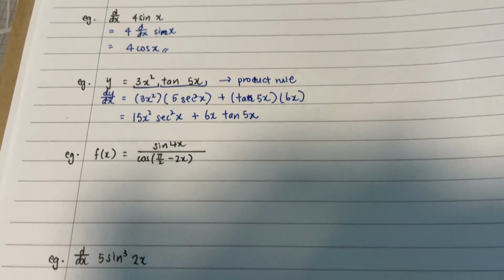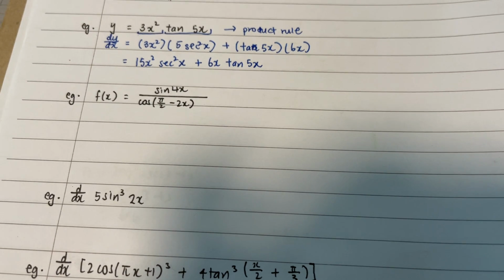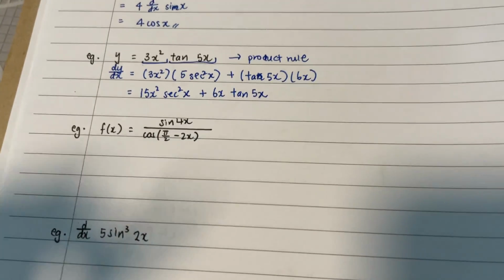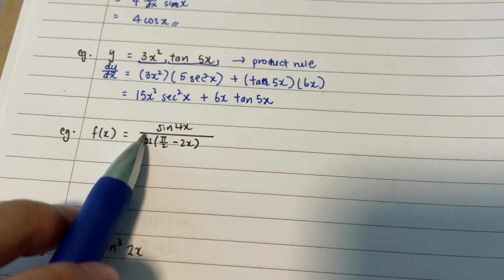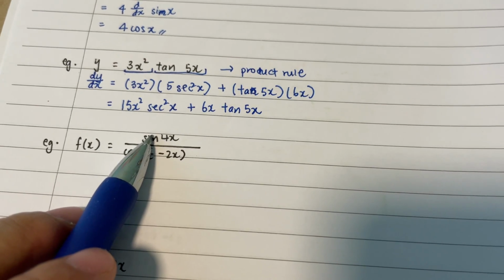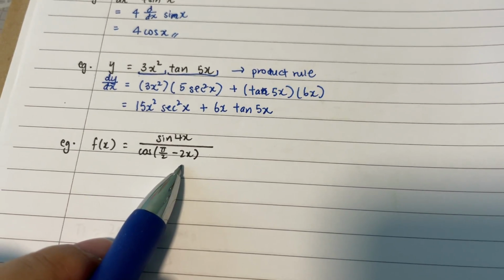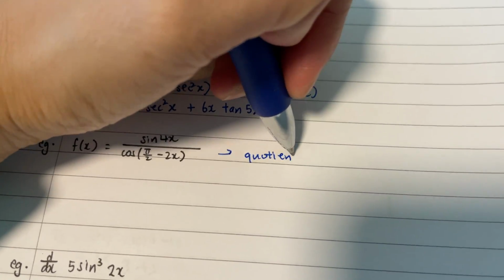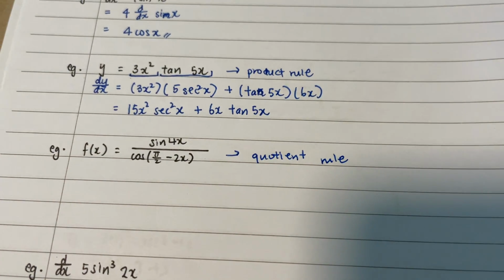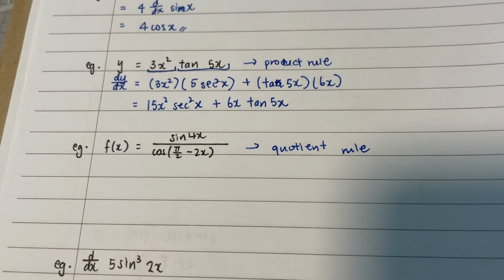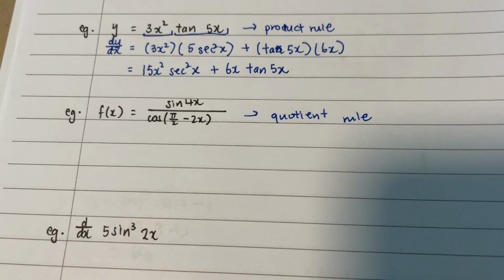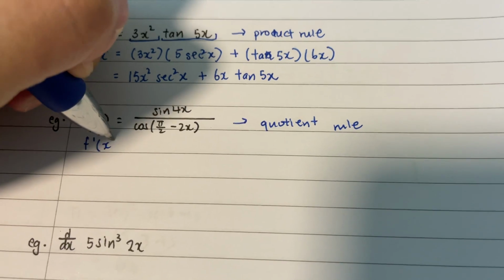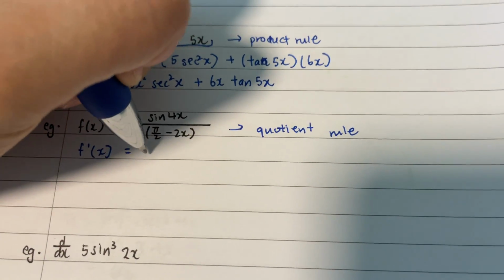Okay, for the third one, f(x) equals this entire portion over here. You realize that it's a fraction, so you could consider using the quotient rule. It's important for us to decide what rule we want to deploy before we carry on our differentiation, so that we are clear about our steps. So when we differentiate, instead of f(x), we consider f prime x. So the quotient rule states that we have to have our